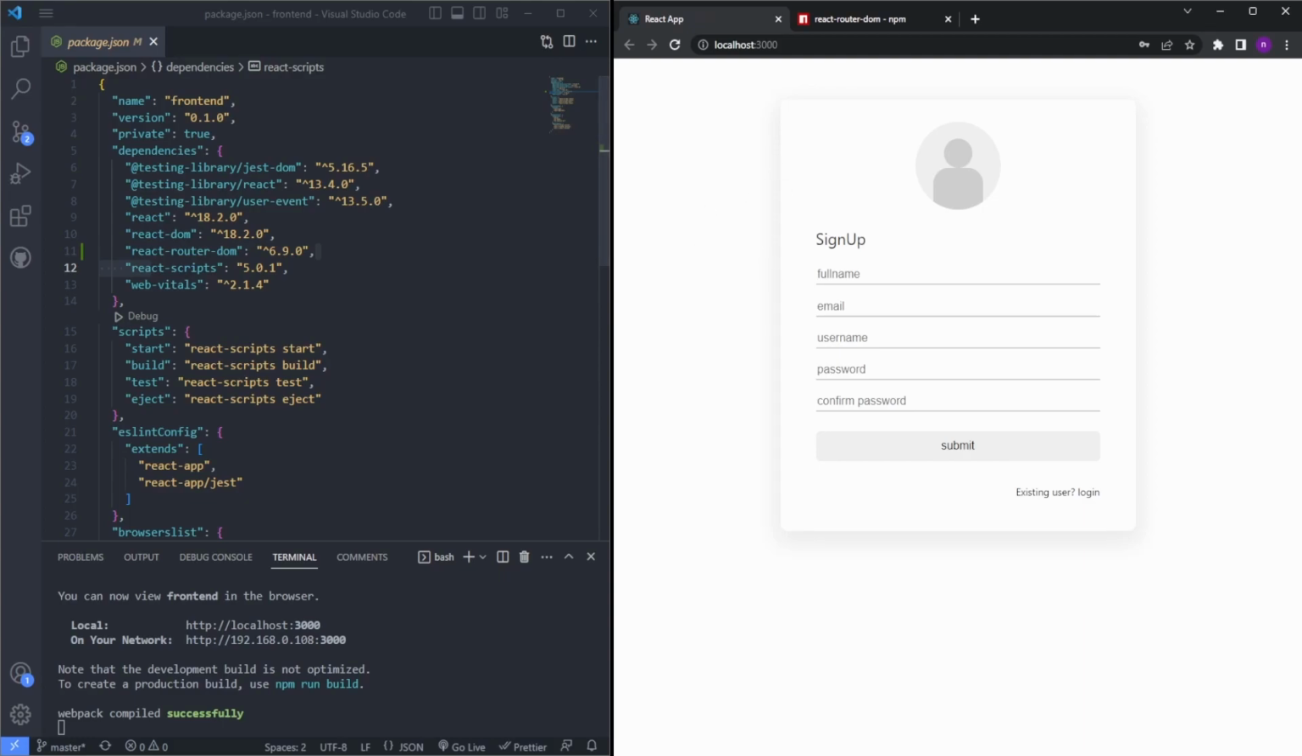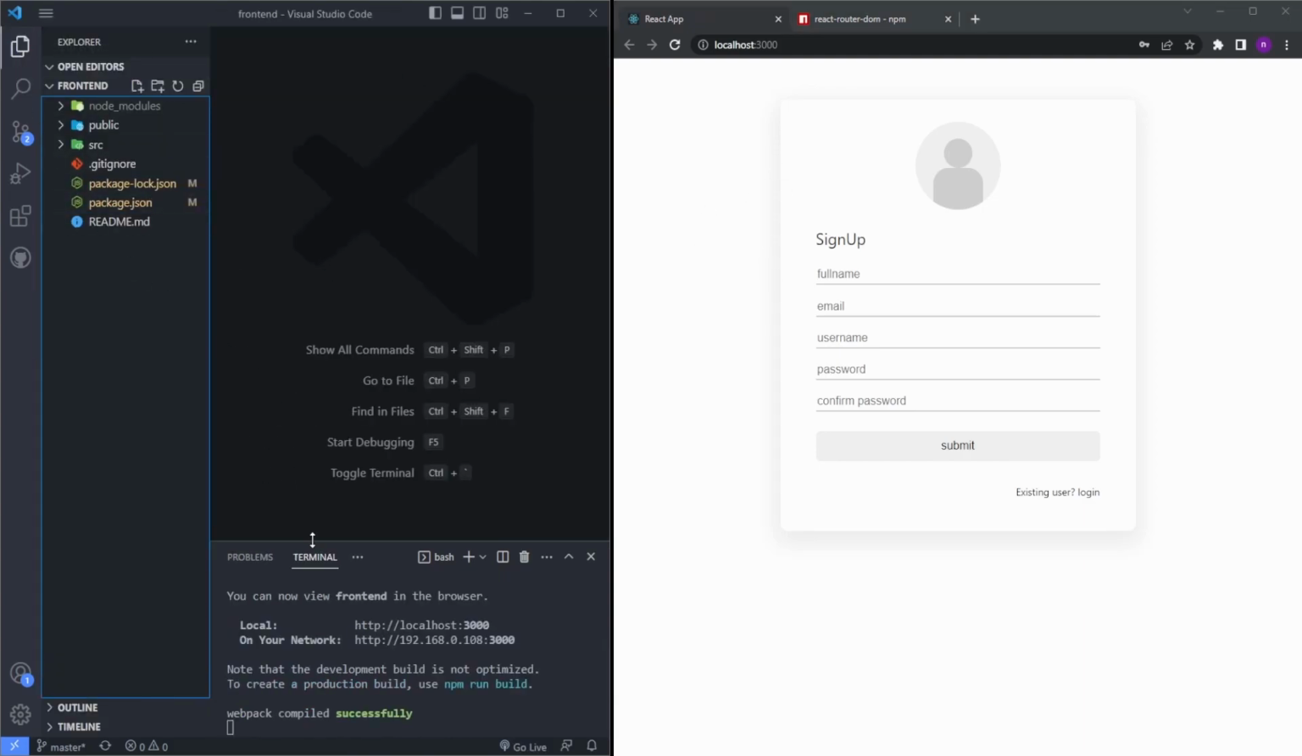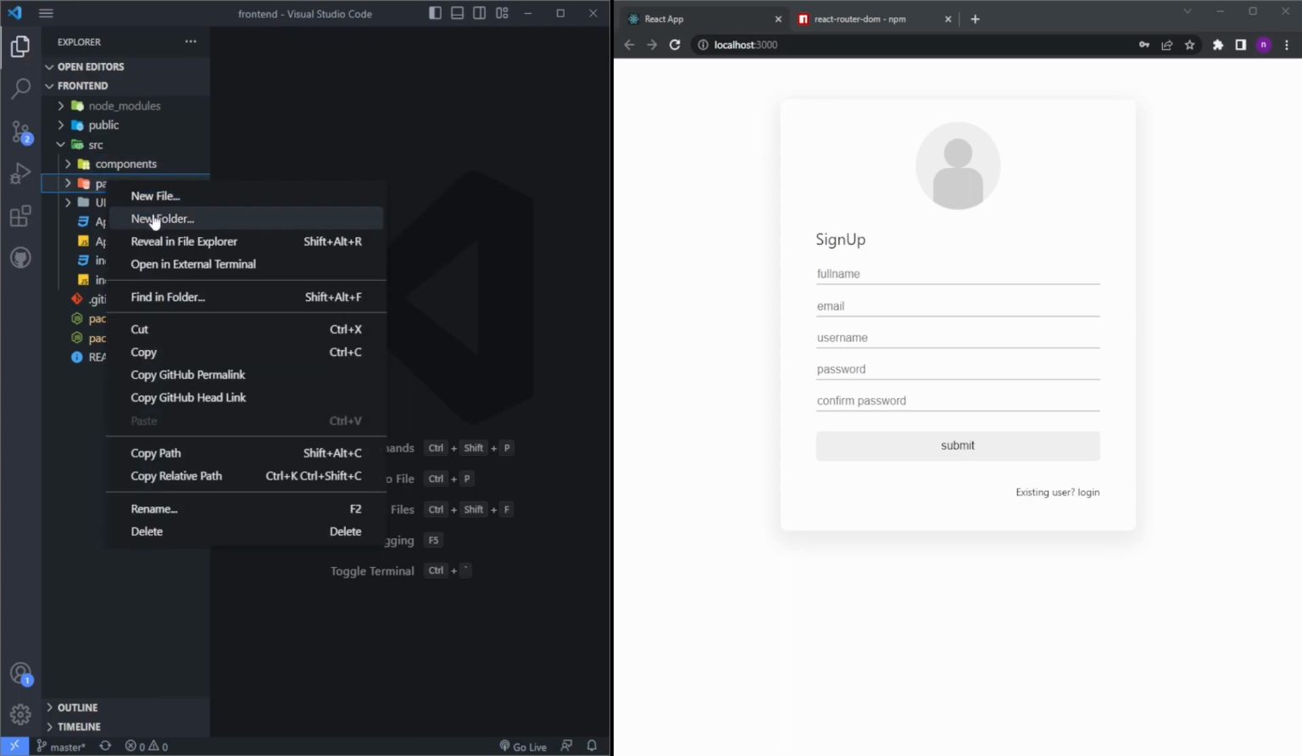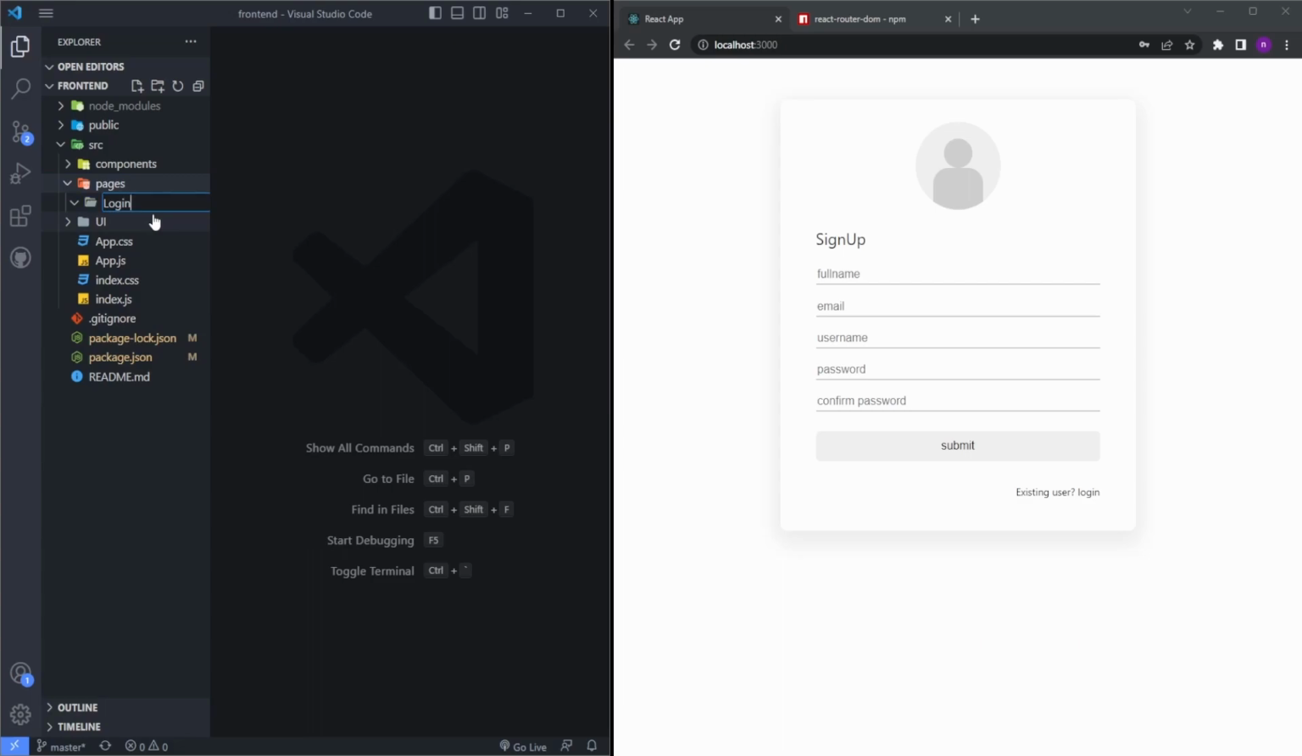So to use React Router DOM, we need some links and some pages. So first we'll create some dummy pages. Inside our src, we'll create a new folder called pages, right? So this will have all of our pages. We'll create another folder called login, another folder called sign up, and three more folders called about, profile, and friends,